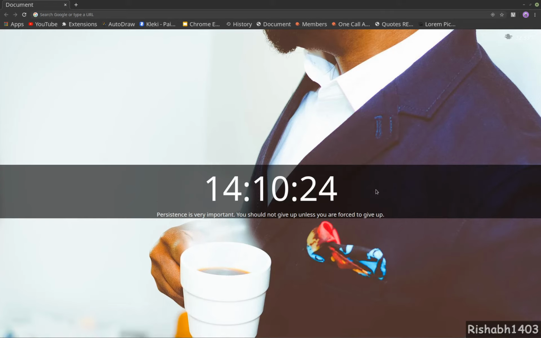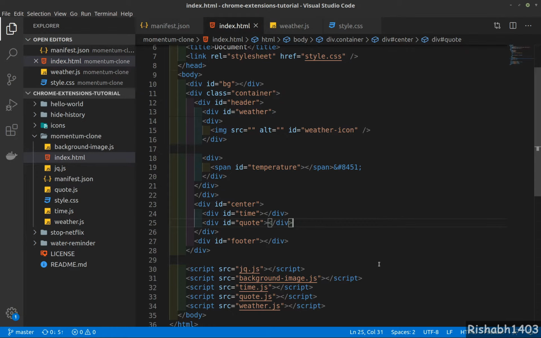So in this video we will start with our to-do. First, let's build a very simple card where we will house all our to-do logic, and then we'll move to JavaScript. Once we are done with our to-do, then we will move to actual styling of the to-do, because I don't really like CSS, so I try to avoid it as much as I can. Let's go ahead and work on our to-do.